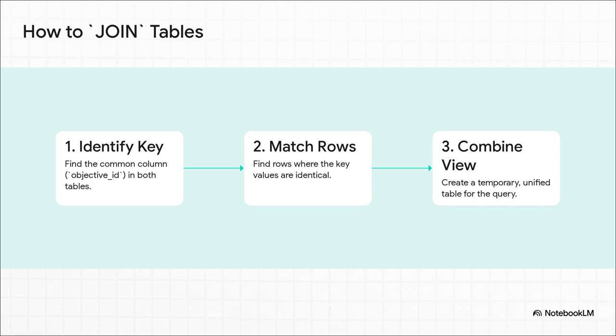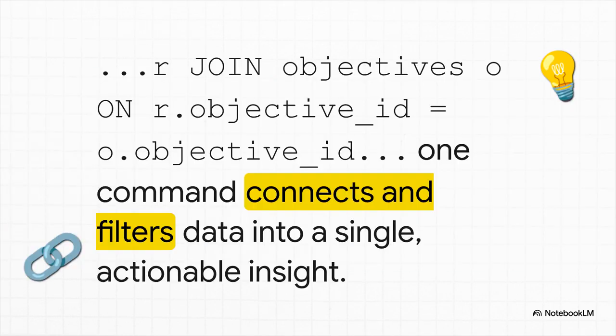And to connect them, we use a command called a join. A join is just a way of telling Postgres to look at both tables, find the rows where that objective ID matches up, and then, just for our query, stitch them together into a single combined view. And this is what it looks like in practice. That join command tells PostgreSQL to look at both tables, and the on part gives it the specific rule for matching them up, where the objective ID is the same in both. It's amazing, right? This one line of code connects two completely different sets of data so we can analyze them